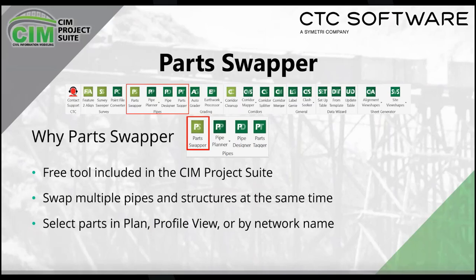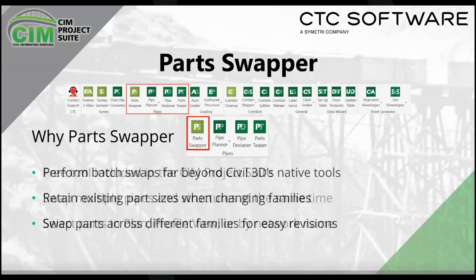So with Part Swapper, as I mentioned, we can do multiple pipes and structures all at once. We can select our parts in plan, profile, or by the network. And then we can perform those batch swaps, which goes way beyond what you can do natively with Civil 3D. It's really intended to replace the native swapping tool to help make your life easier and retain those part sizes if we're changing families, libraries, part lists, and we can do that across different families very easily, which we will show in a minute,